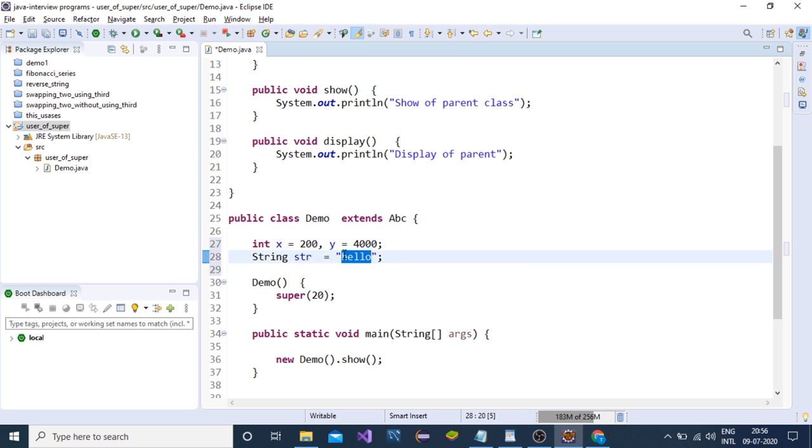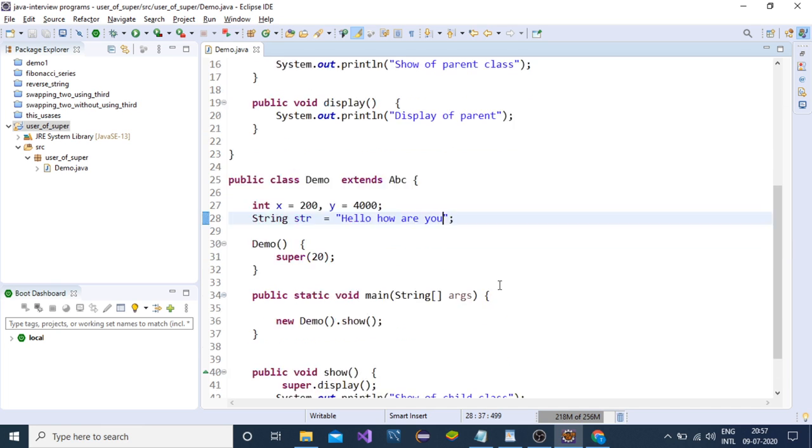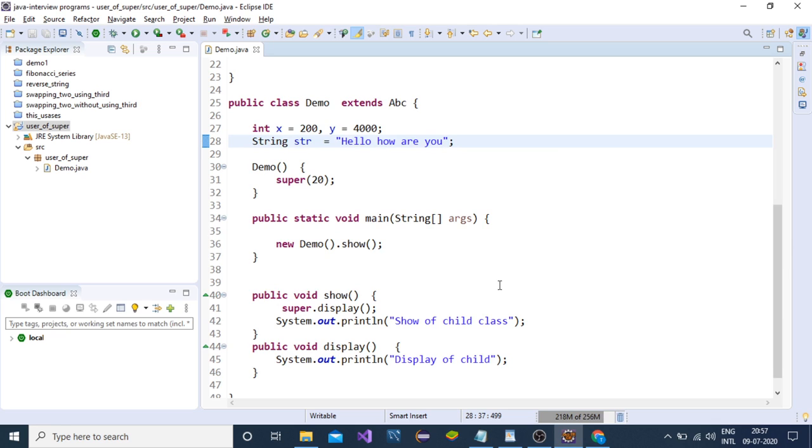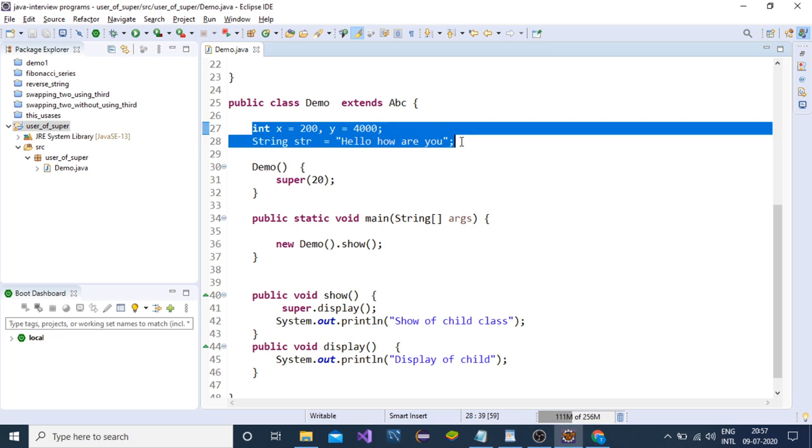Here we are printing "hello, how are you?" What if we try to print x, y and this string?